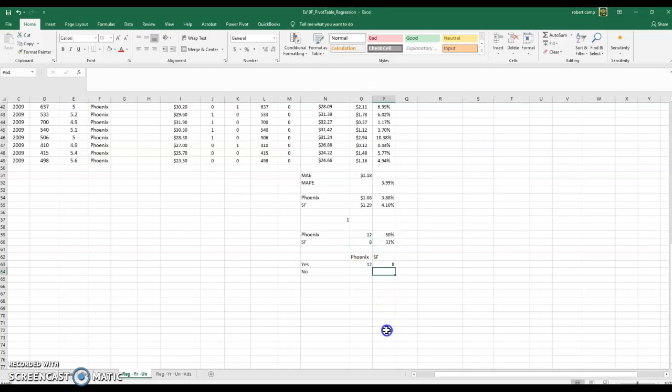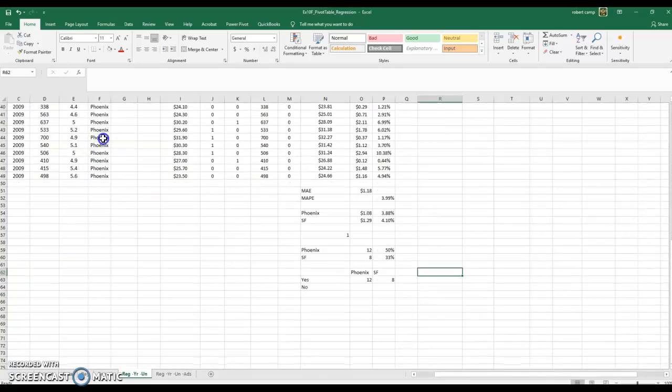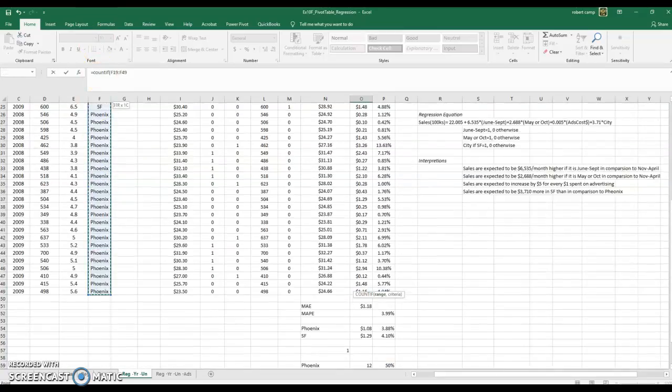Now, if we go back through and count the data to know what the totals are, we can see that we have 24 data points for each one because it's over 2 years. So we can count that, but we don't really need to. So why don't we set it up as a COUNTIF, and I will count if this range,